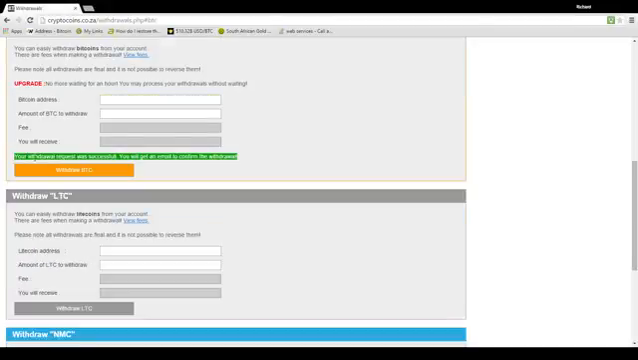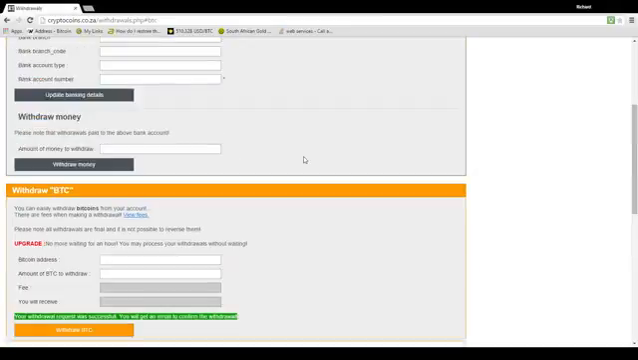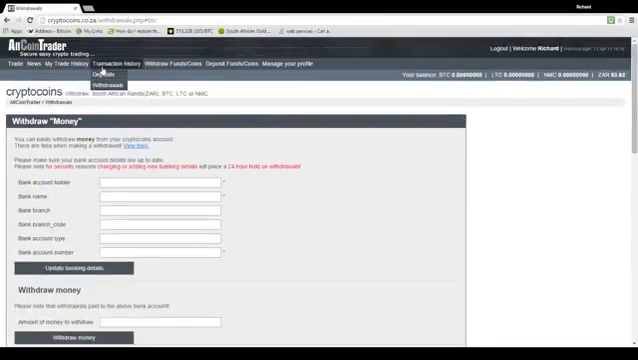So it says your withdrawal request was successful. You will get an email to confirm the withdrawal. Very important. You need to click that email. I'm just going to show in my transaction history. If I go to withdraw,